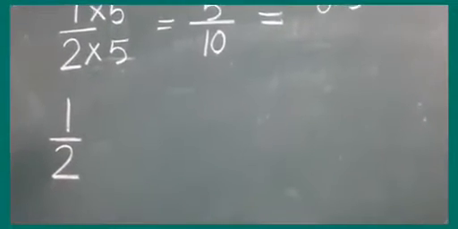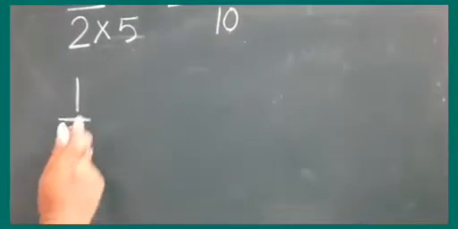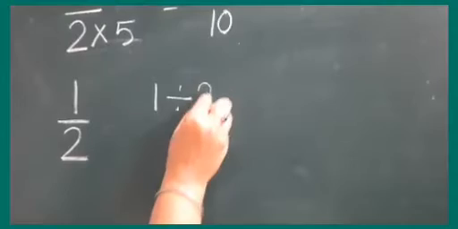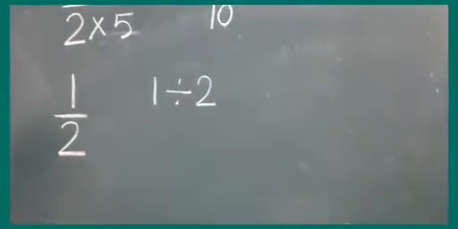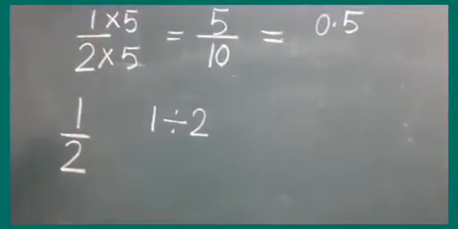The other way is to divide. All of you have done this in the chapter on fractions, that if it is 1 by 2, then 1 is the dividend and 2 is the divisor. It can be written like this. But since 1 is smaller than 2, how am I going to divide? So first I will introduce a decimal in the numerator. How can it be done?